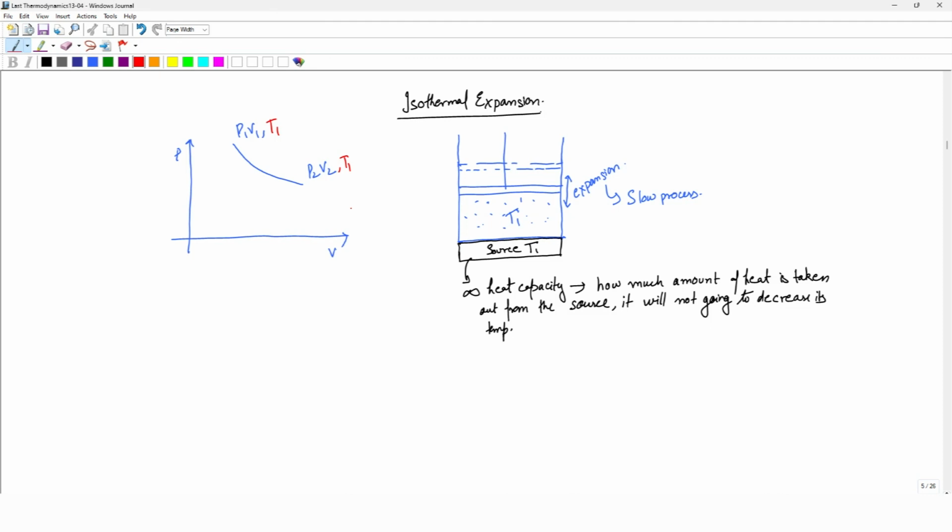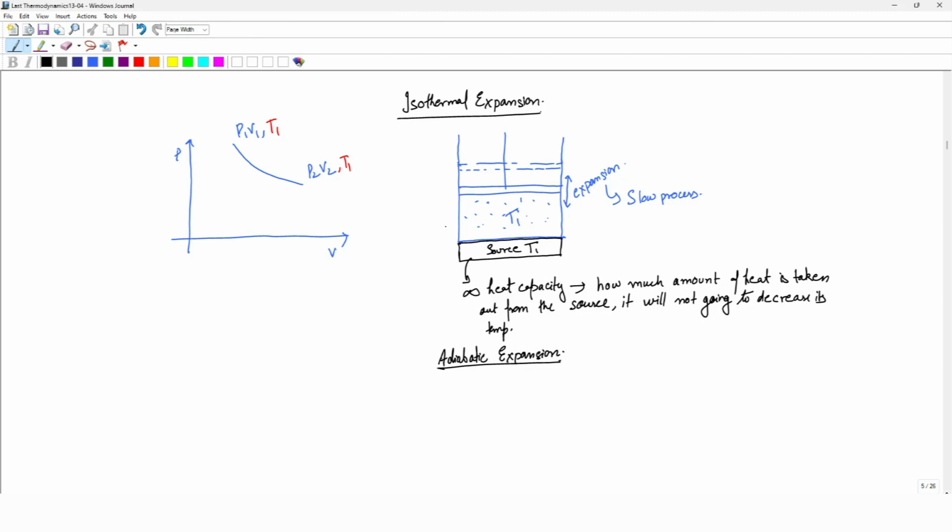And there is expansion in order to maintain that temperature. Now in case of adiabatic expansion, the next part of the cycle, we have again taken, after this expansion, we have taken this